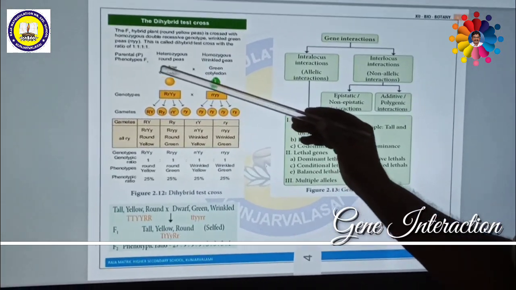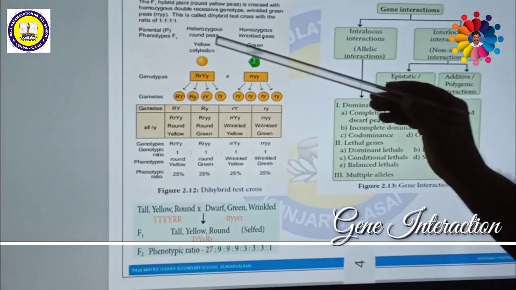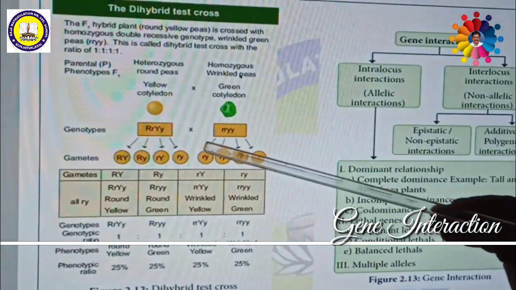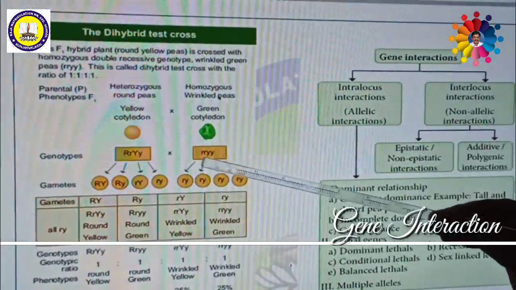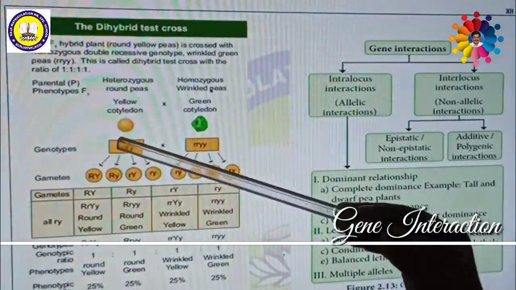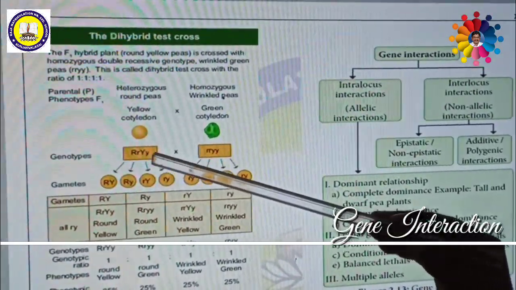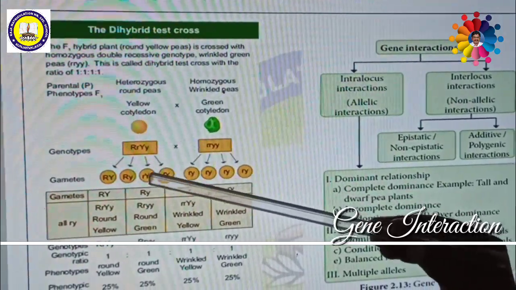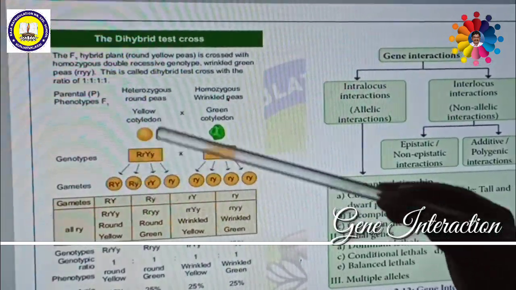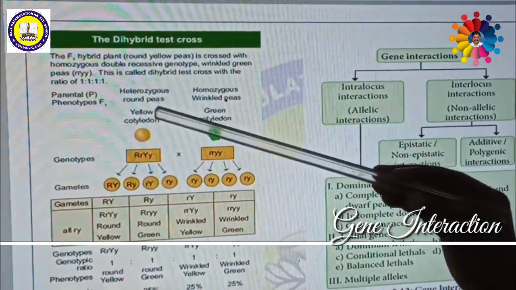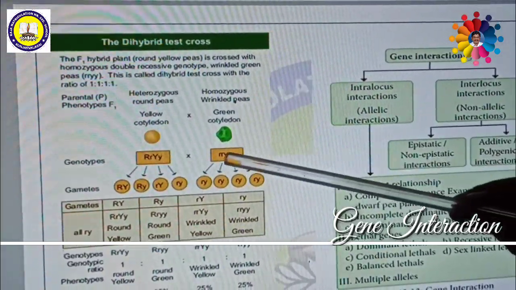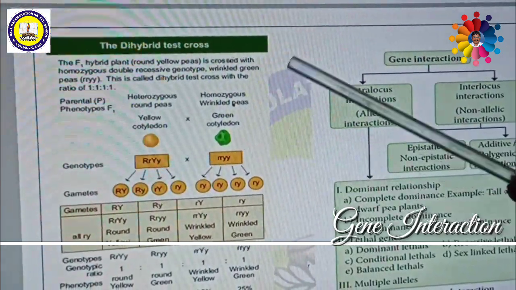Now we are taking the F1 generation. The F1 generation, we know, is heterozygous round and yellow, that means capital R small r, capital Y small y. It is crossed with the homozygous green, small r small r, small y small y. So it produces the gametes: capital R capital Y, capital R small y, small r capital Y, small r small y. This is the gamete formed from the heterozygous F1 generation. It is crossed with the homozygous recessive parent, small r small y, which produces only